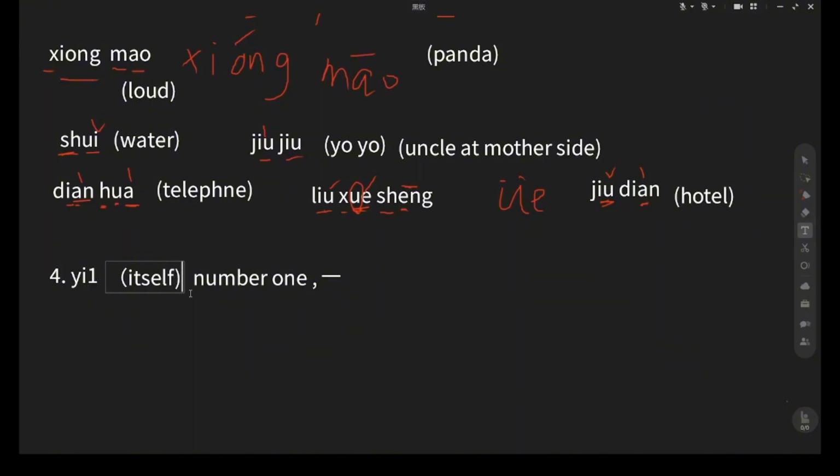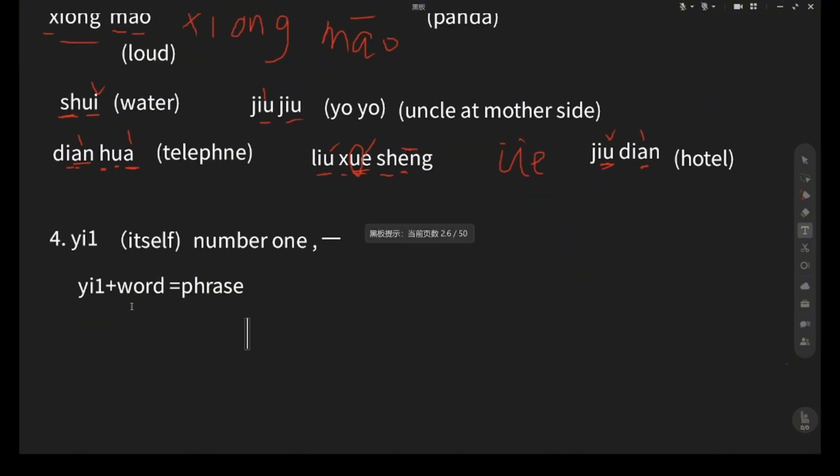It's a self sound, okay? But sometimes 一 can be with another word to form a new phrase. Okay? So this 一 can be with other words to form a new phrase. Okay? So when these words,